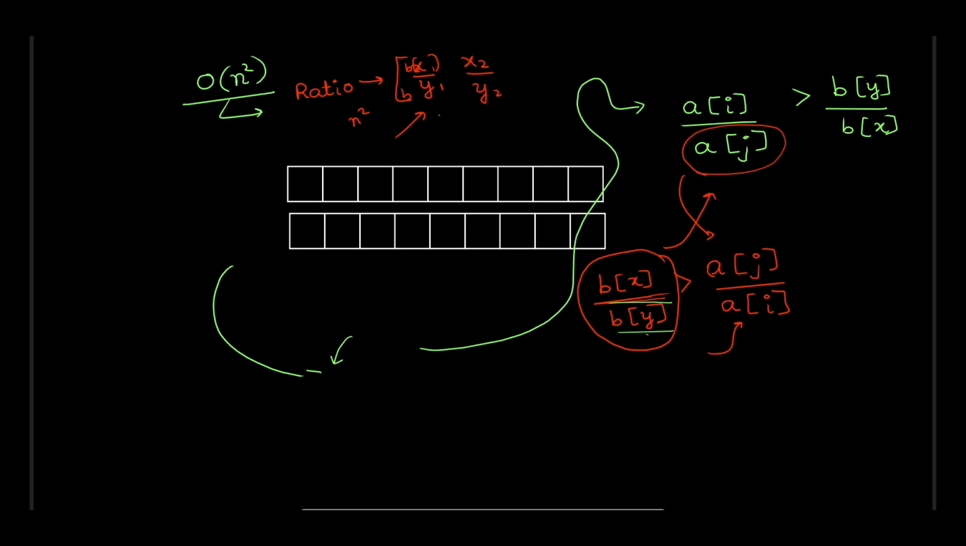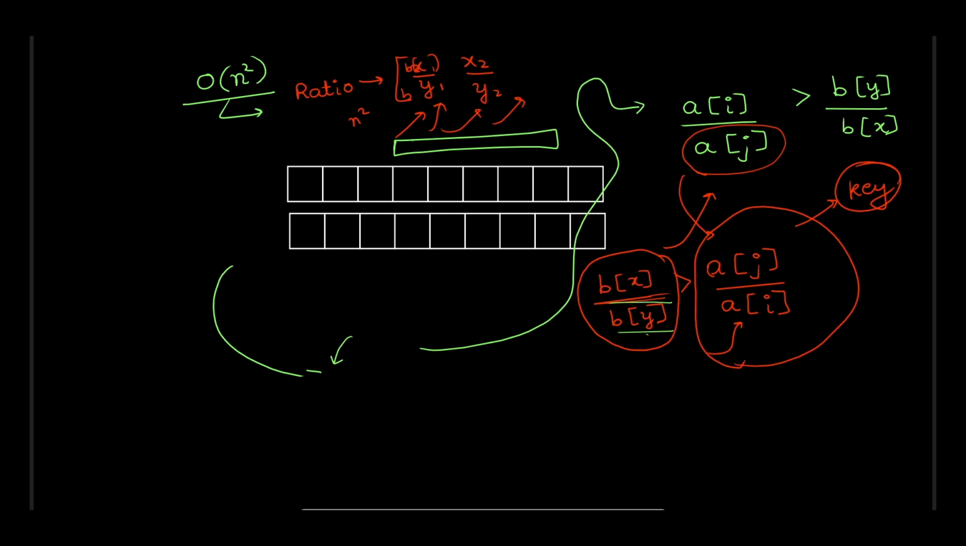Once you have all the ratios, notice that if you call this your key, then what do you want to find? You want to find in this ratio array how many ratios are actually greater than the key. And how can you do that? Since there are only n square possible ratios, because a pair can come from i and j, and i could be n and j could be n,